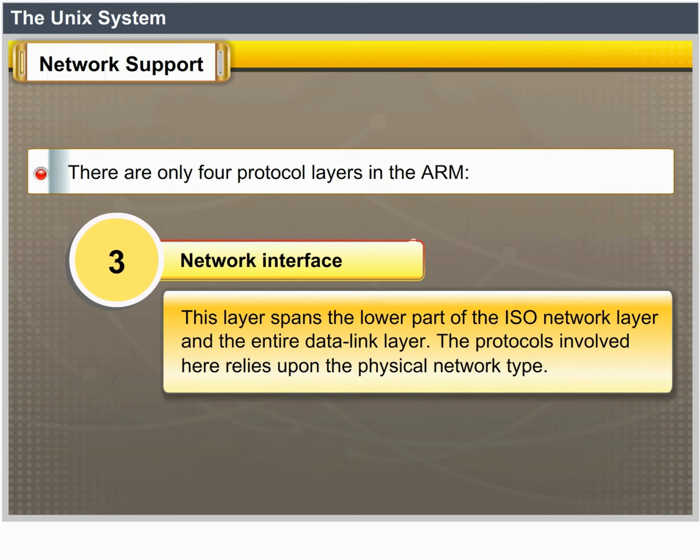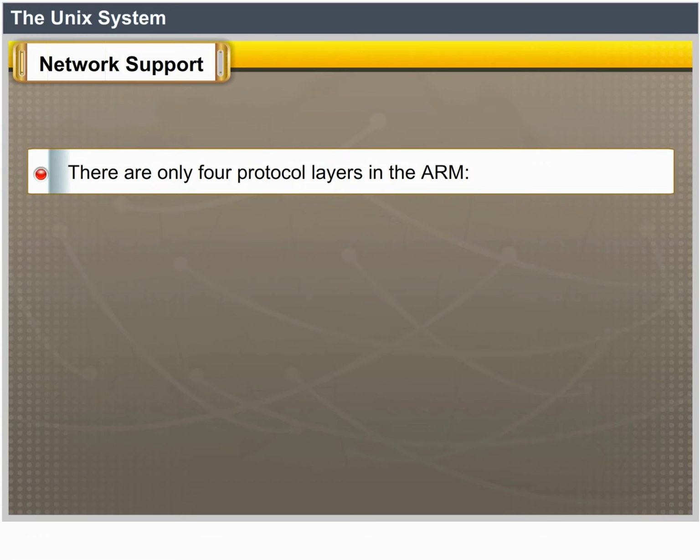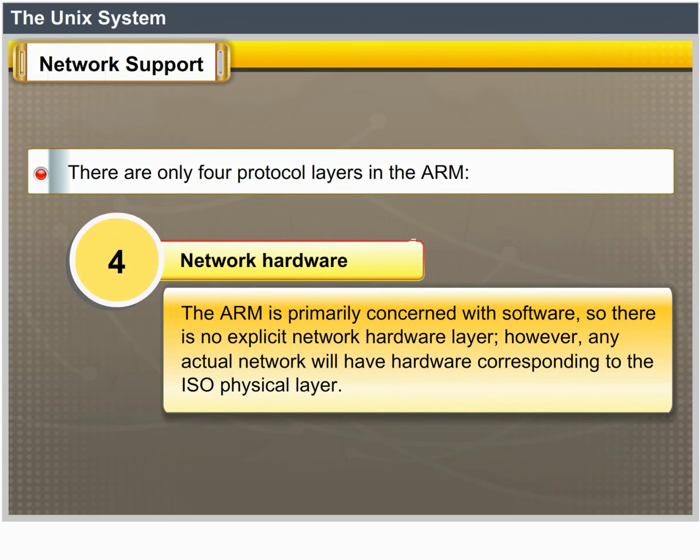Network interface. This layer spans the lower part of the ISO network layer and the entire data link layer. The protocols involved here depend on the physical network type. The ARPANET uses the IMP host protocols, whereas an Ethernet uses Ethernet protocols. Network hardware. The ARM is primarily concerned with software, so there is no explicit network hardware layer. However, any actual network will have hardware corresponding to the ISO physical